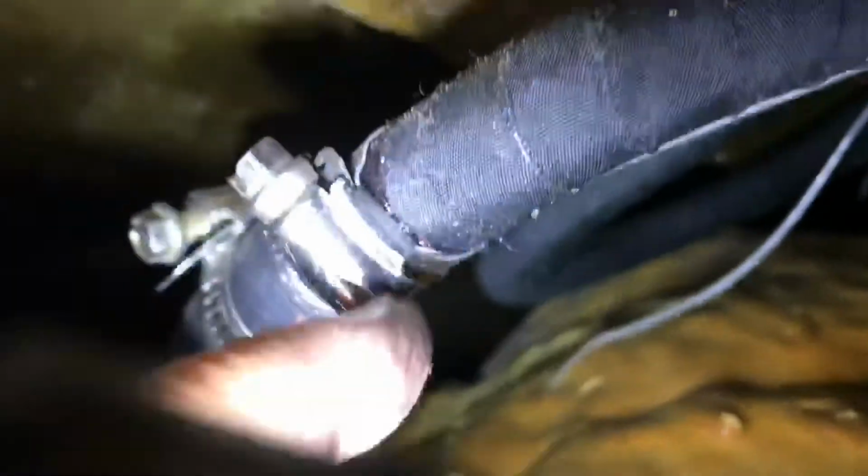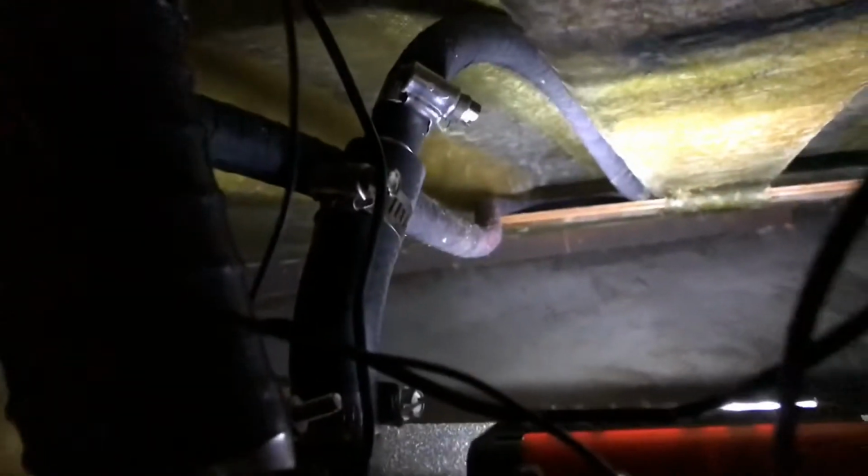So this is the standard hose. Reduced it down to a smaller line and then looped it once here, and then ran the hose all the way up over that piece of plywood to the front of the bow as far as I could get it up there, and then brought it back, and then